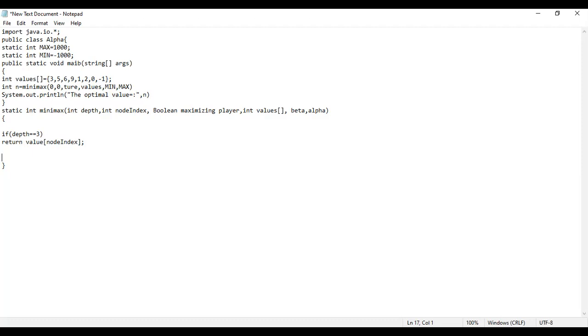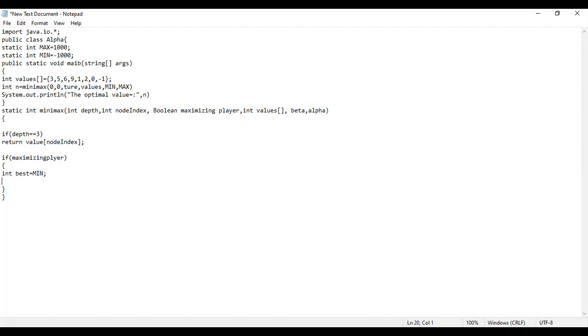So here, if maximizing player is true, that means the body of the if block: integer best is equal to min. Then we have to write a recursive function to traverse the left subtree and right subtree.